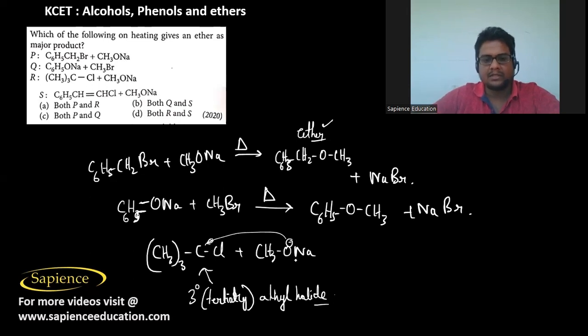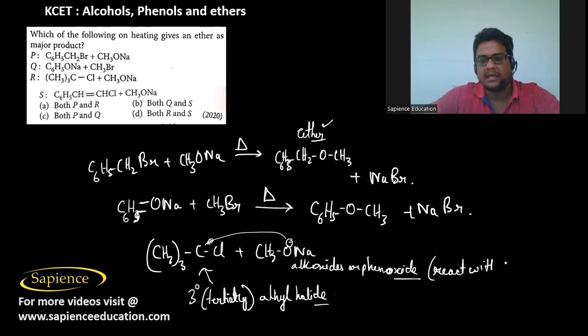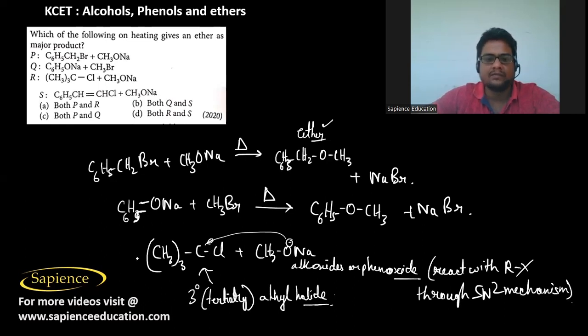So the rule is that alkoxides or phenoxides will always react with alkyl halides through the SN2 mechanism only. So here, in the case of the 3 degree alkyl halide, we have